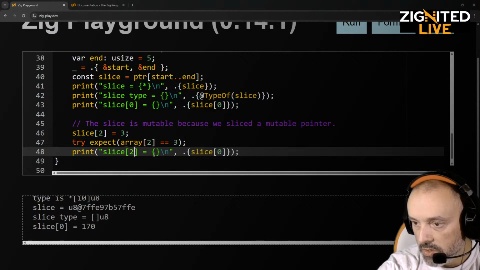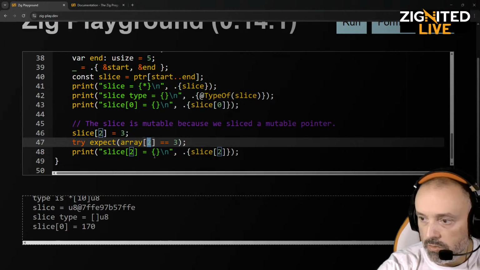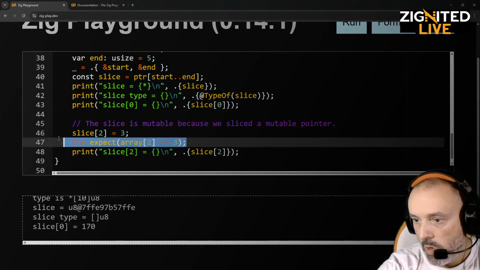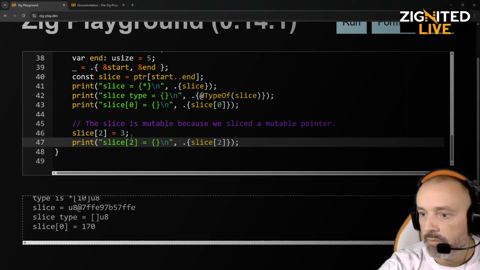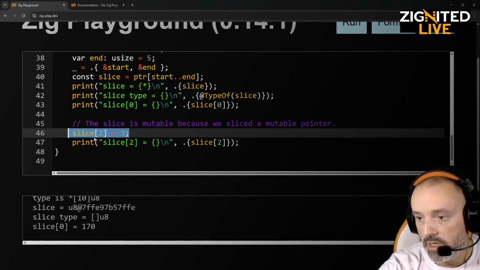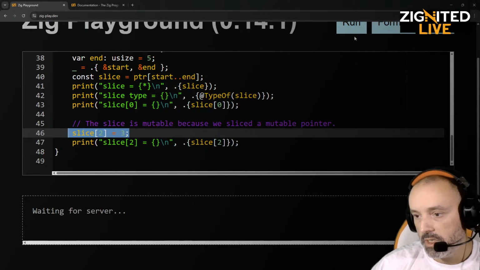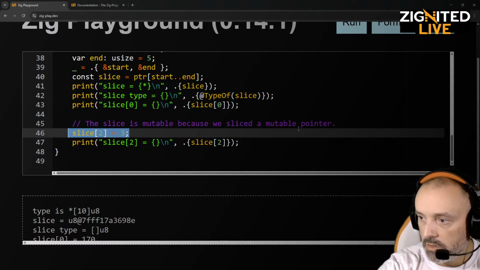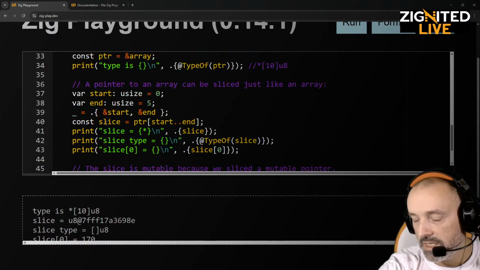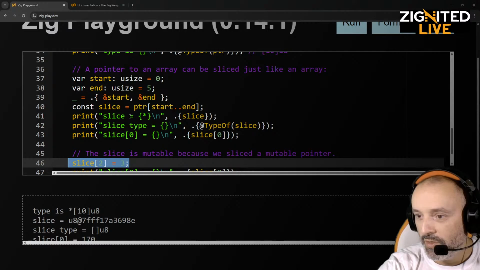So slice 2. So the index 2 should be 3, right? And we don't want to do this line at all. So we just change the third element of a slice into a 3, and then we print it. The point here is that you can mutate the slice. That's what they wanted to say. So because we sliced a mutable pointer,